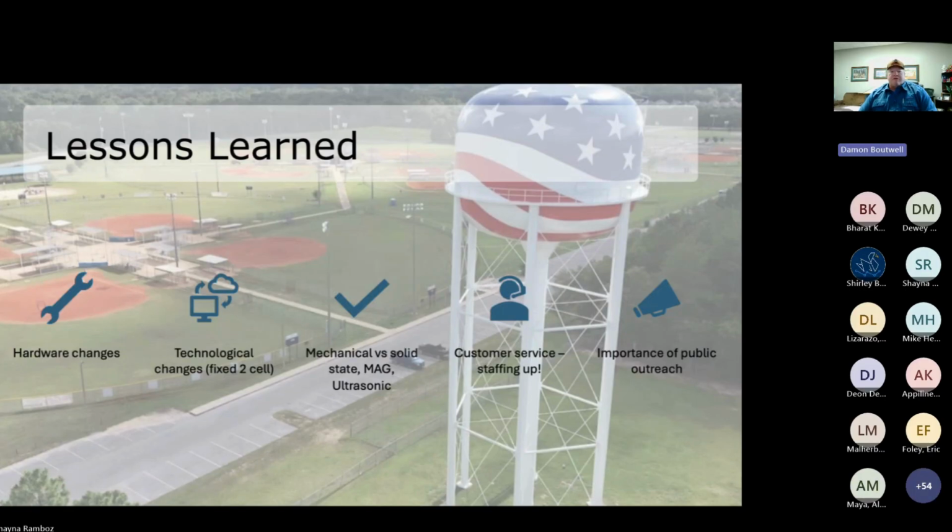Again, I mentioned mechanical versus solid state. We're trying out some ultrasonic residential meters as well. Again, we have mag meters as well as positive displacement throughout our system. One thing that we found, and we're not really expecting with a conversion to an AMI system, yes, everybody thinks right off the bat you're going to save manpower, and you will in meter reading. However, prepare to staff up your customer service. That's something we didn't really expect, but quickly realized was really the key thing after a conversion to an AMI